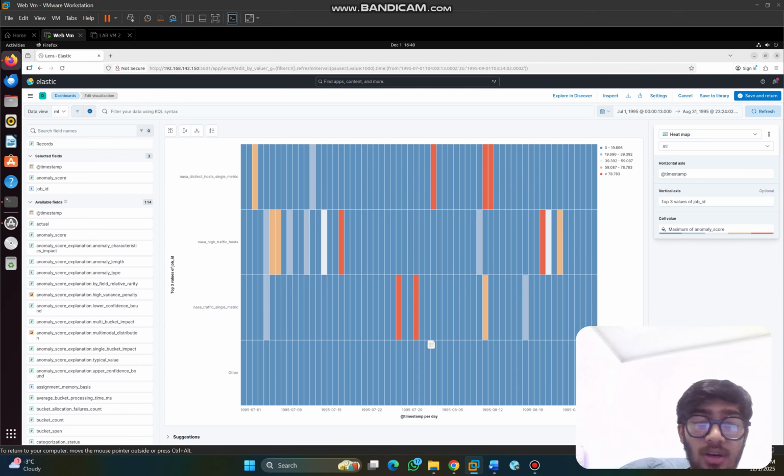The visualization allows us to compare how the same time period triggers different anomalies using different ML jobs. So finally